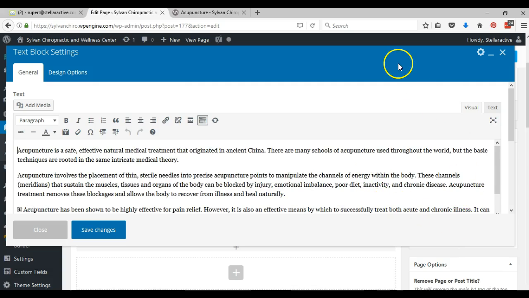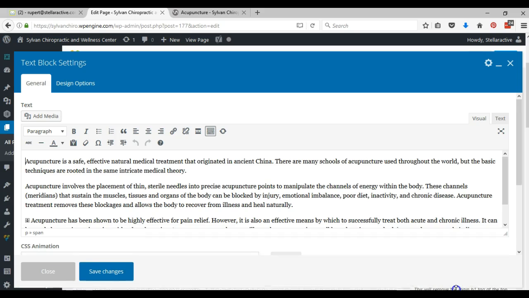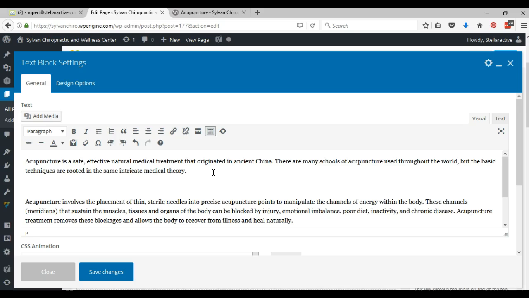And up this comes, and it looks a lot like a Word document, and it functions a lot like that as well. So a lot of this stuff I obviously don't need to explain to you. There's bold, italic, bullets, numbered bullets, alignment of the text, all that good stuff. So if you want to come in here and make an edit, you can just